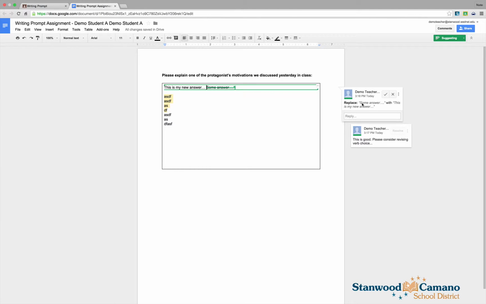And so the comment will update that, and they'll say replace some answer, which is the text I wrote here, with this is my new answer, which is the text I wrote there. So I can leave that there for the student. When the student sees the comment, they can hit this check mark to accept the change, or they can hit the X to reject it. They can also reply to my comment, and we can have a back and forth conversation